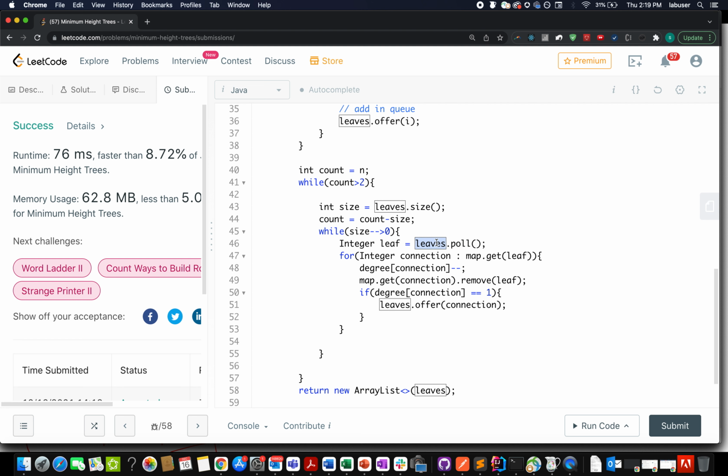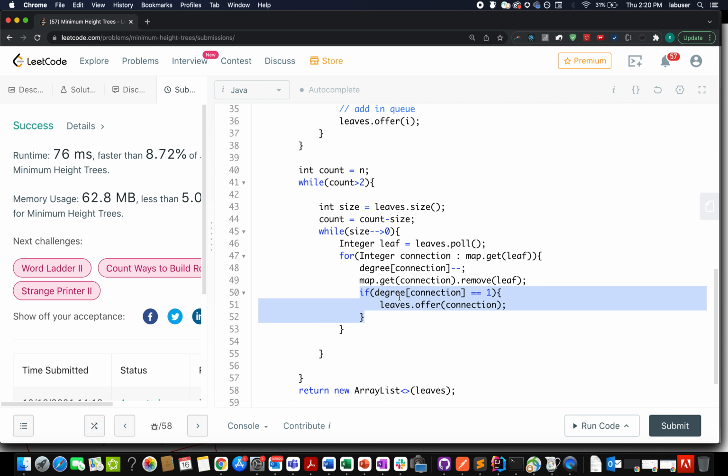And why have I named this queue as leaves? Because every time I pull out elements, those are going to be the leaf nodes of the entire graph. I go to the connections of that leaf node and I reduce the in-degree for that connection. I also remove that leaf node from the map as well.